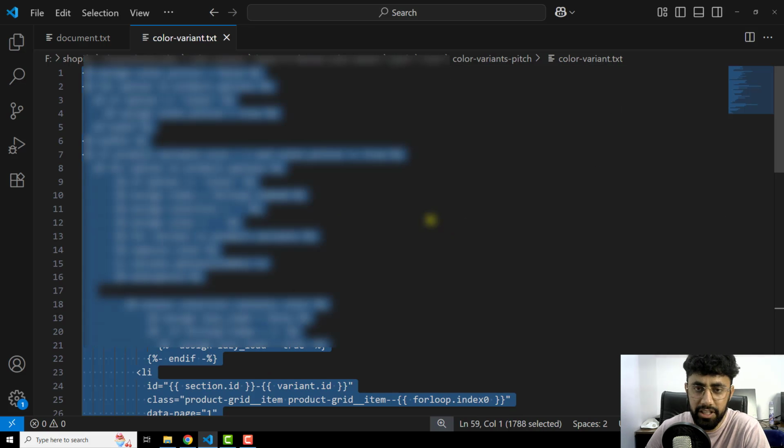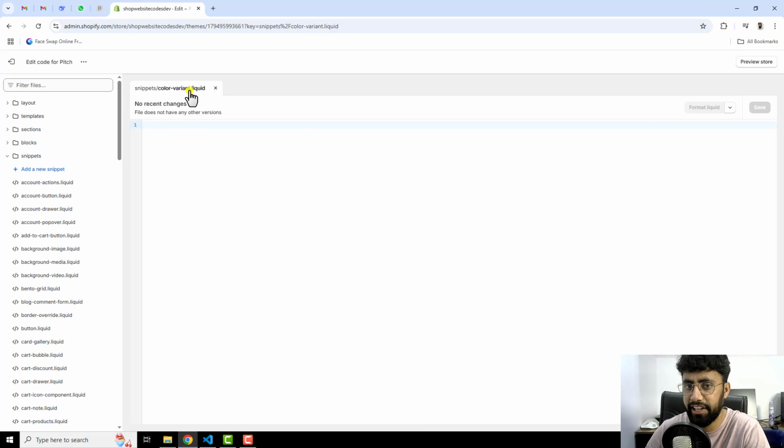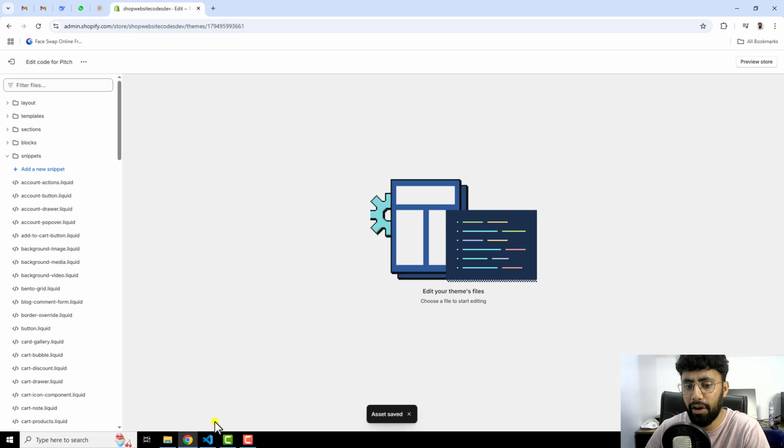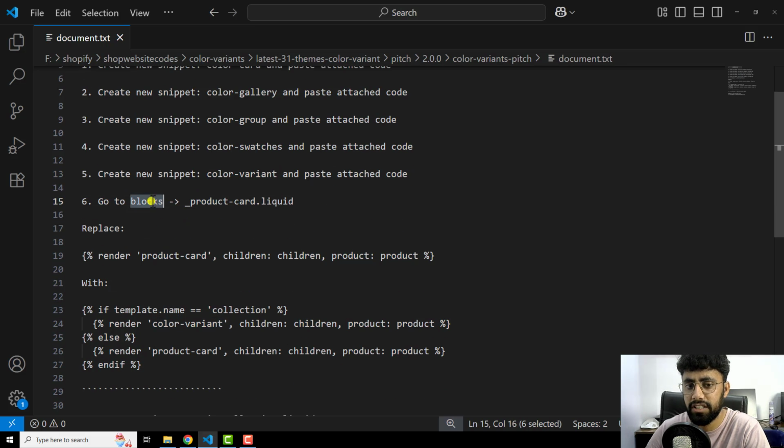So you should copy this code also and then go back, and here we have color-variant.liquid. Inside of this file you should paste that code which you have copied and then save the changes and then close this file also. Now we have to move ahead with the sixth step, which is go to blocks and open